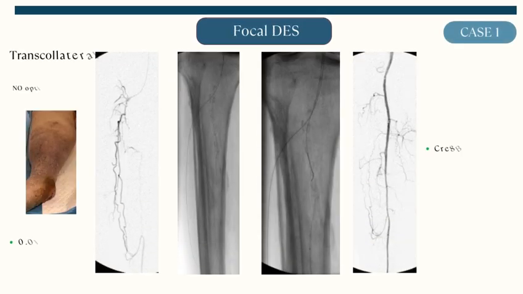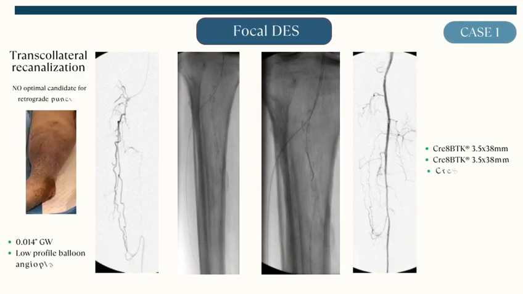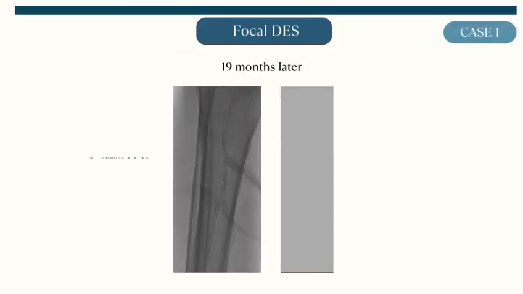In this case, through transcollateral recanalization, we were able to perform a drug-coated angioplasty of the anterior tibial artery, peroneal artery, and tibio-peroneal trunk, as well as stenting of the TP trunk and peroneal arteries. In this arteriography performed 19 months after the intervention, we see that the BTK sector remains patent with good flow